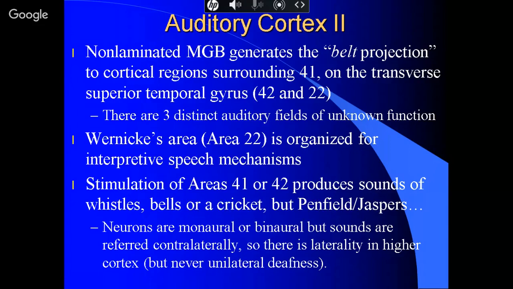I mean, that's got to be true. If you stimulate area 41, you get whistles, bells, and cricket sounds and that sort of thing. But if you stimulate outside area 41, Penfield and Jasper, in a phenomenal book written in '54, in which they were doing